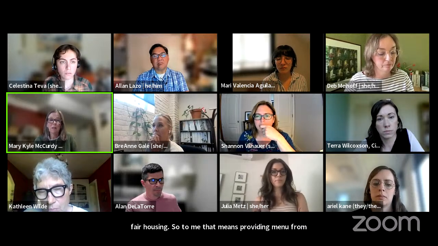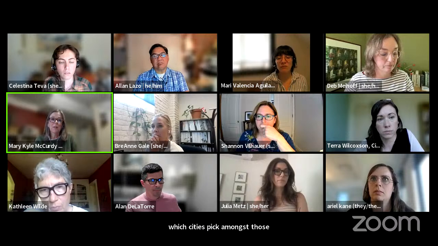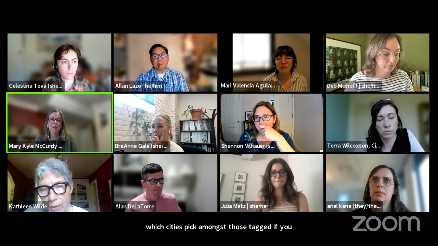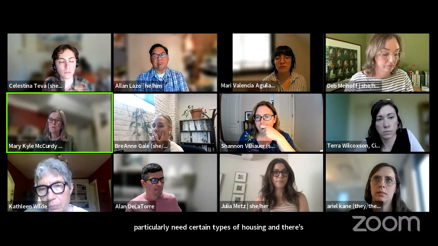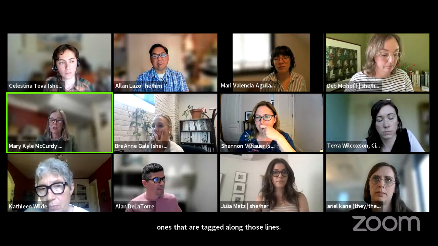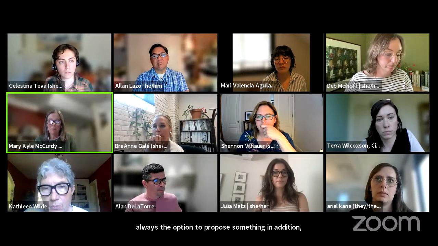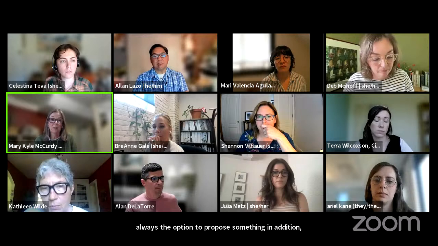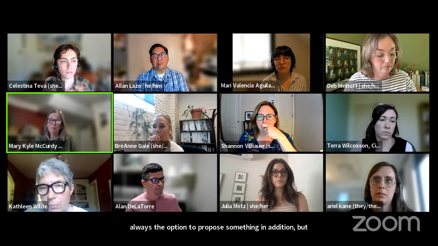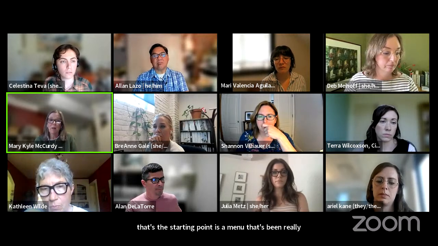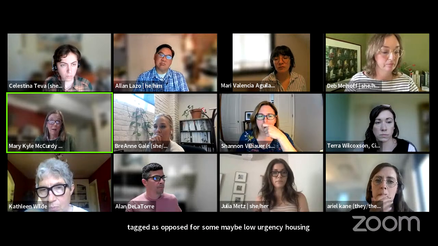If you particularly need certain types of housing and there's ones that are tagged along those lines, you really have to pick from amongst those. There's always the option to propose something in addition, but that's the starting point, is a menu that's been really tagged. As opposed to some maybe low urgency housing needs, it can be a little bit more wide open amongst